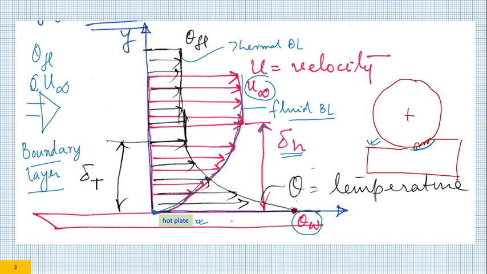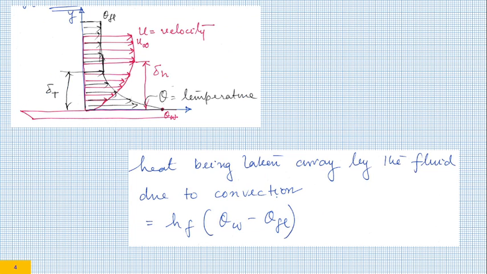Similarly, temperature would be high because this is a hot plate. Gradually temperature would reduce because heat is being removed from the hot plate to the fluid, and at a particular place your temperature would be equal to the fluid temperature, and that would be called the thermal boundary layer. So this concept we will use to calculate HF. So there are two kinds of heat transfer which are taking place. One is the convection over this particular surface.